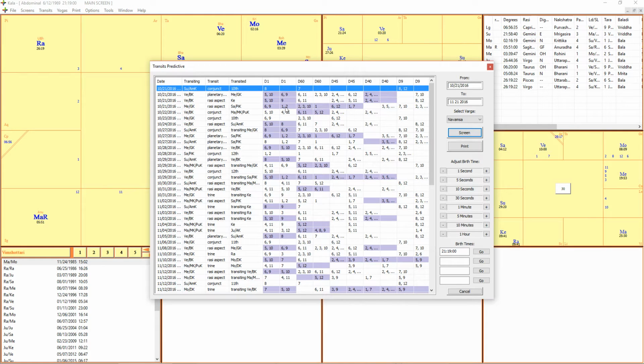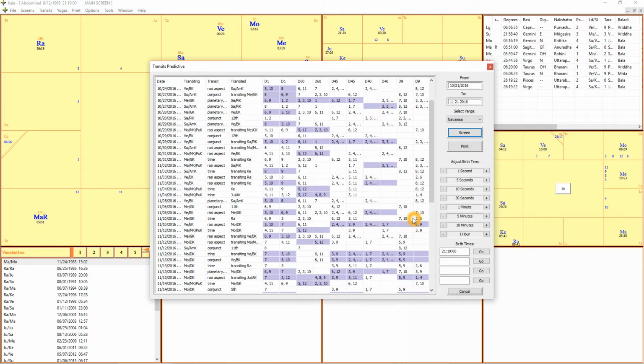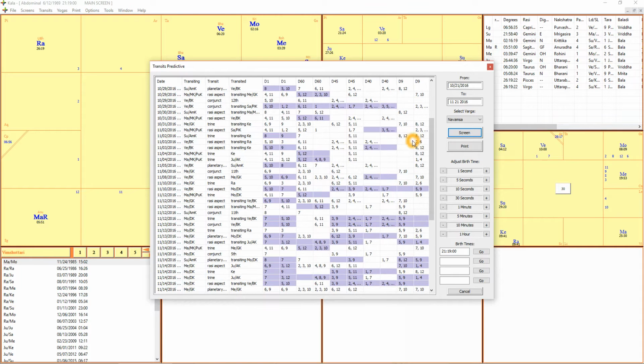So all these other transits up here, which have the potential to make their relationship go to the next level, can't, because there's no Navamsha. So I can discount the first 20 days. I know it can't happen on any of those days because there's no Navamsha transit. But I can see that